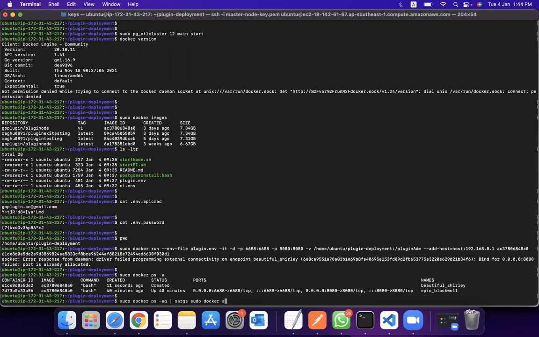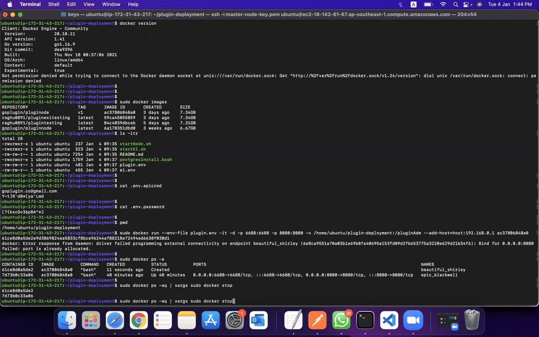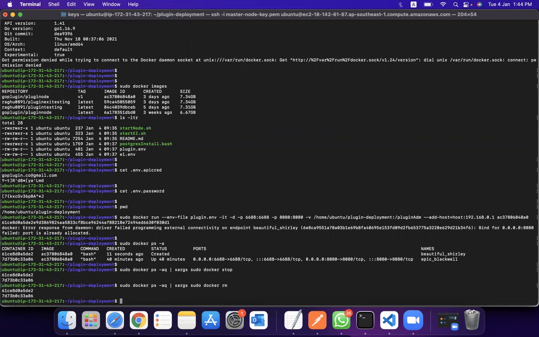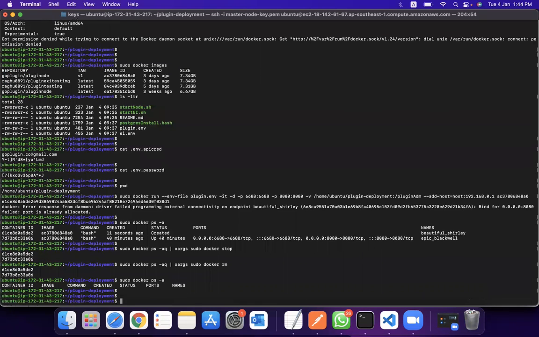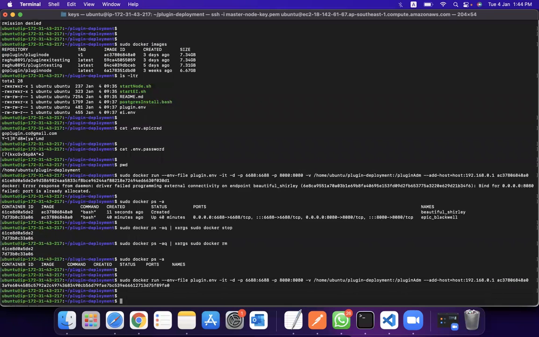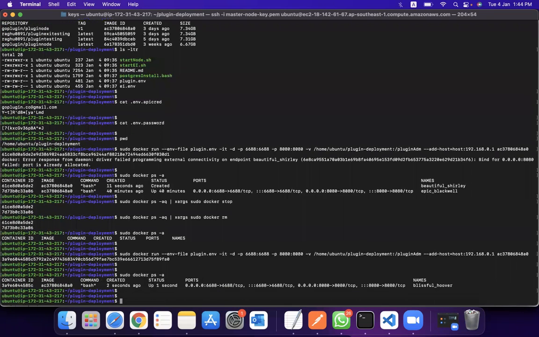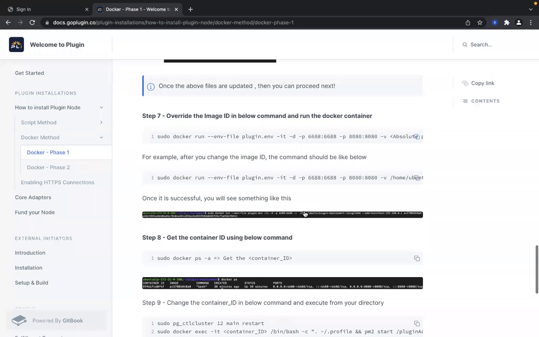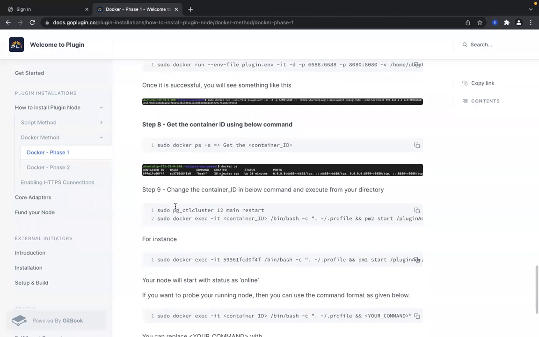Basically, use this command to stop your containers and remove your containers. You can see here that nothing is running now. Now go ahead and enter this command. You can see the container is up and running. Then jump to the next command.